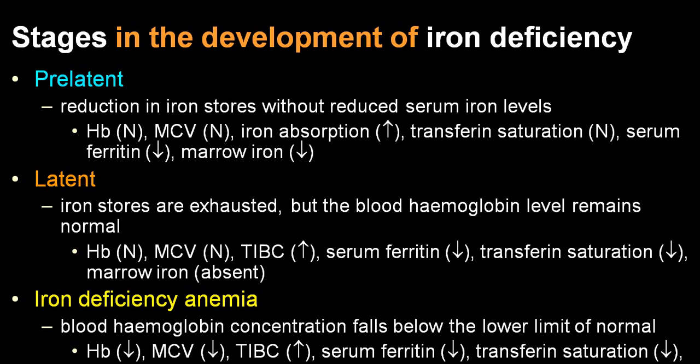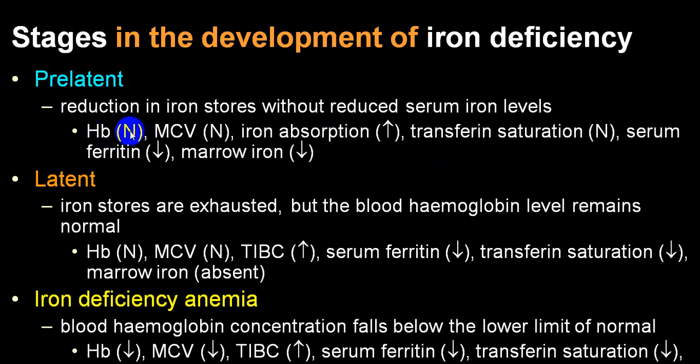Now as far as iron deficiency anemia is concerned, it becomes very difficult because there are 3 different stages. We usually detect in the stage where there is clear-cut iron deficiency. The person with a pre-latent stage has reduction in the iron store without reduction in serum iron level, meaning stores are depleted but the iron level in the blood is normal. So if you do the iron level in blood, it will invariably be normal.